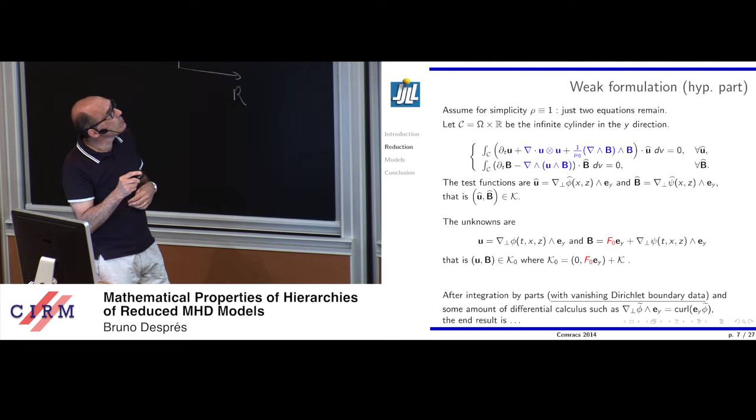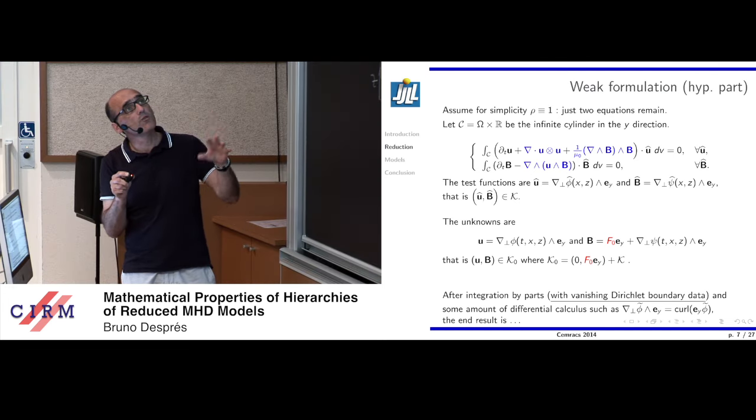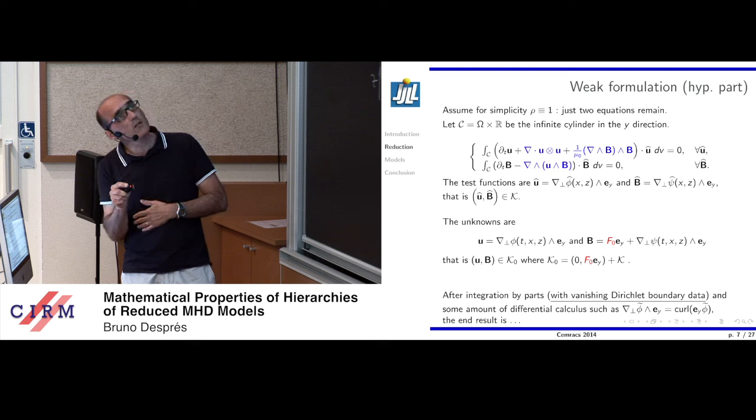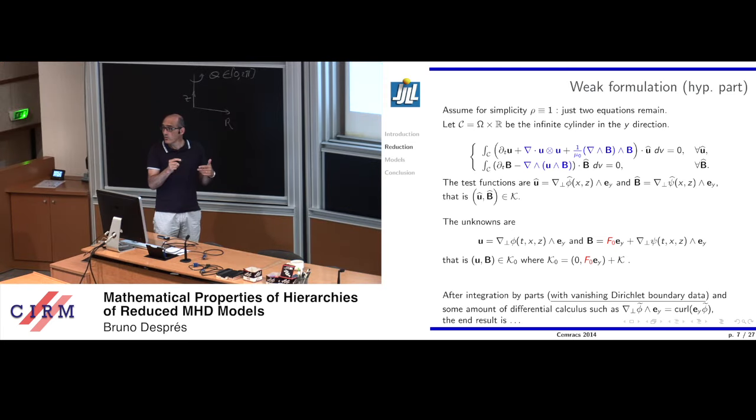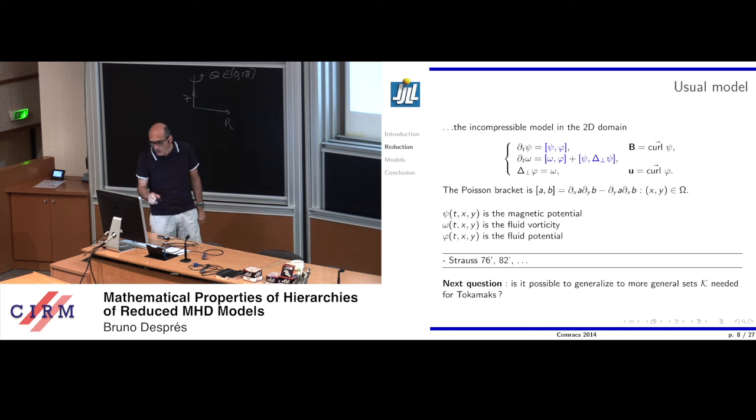I don't want to comment too much, but we do weak formulation everywhere. B hat is also divergence free, so it is a curl, and you have a curl operator everywhere, so you have curl-curl. But when you have a curl-curl operator on something which is divergence free, it is the Laplacian. Then you have the more usual manipulations. You vary the test functions, which are arbitrary, and at the end you get that.